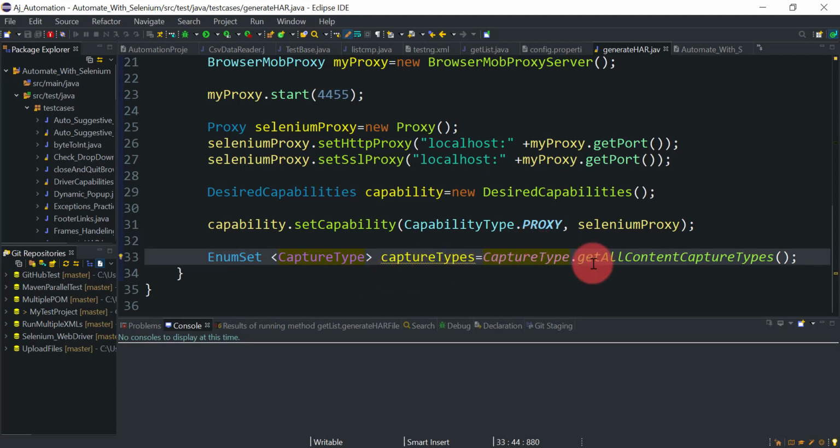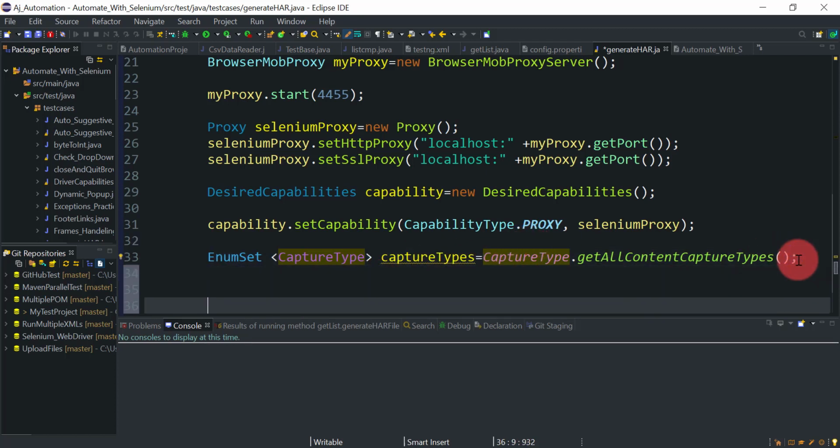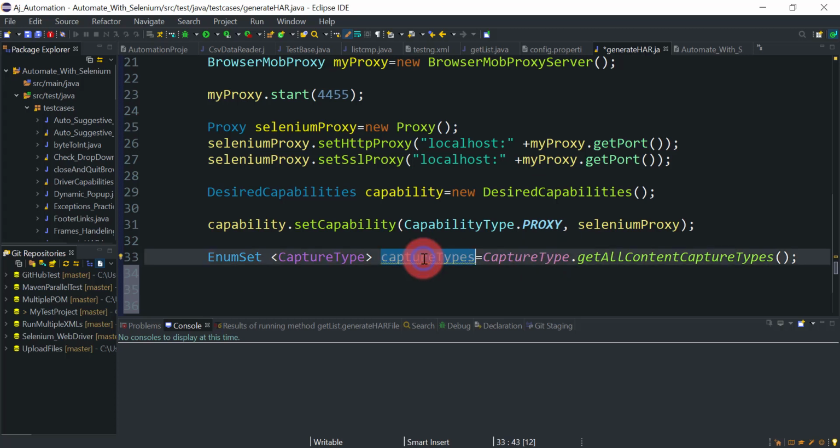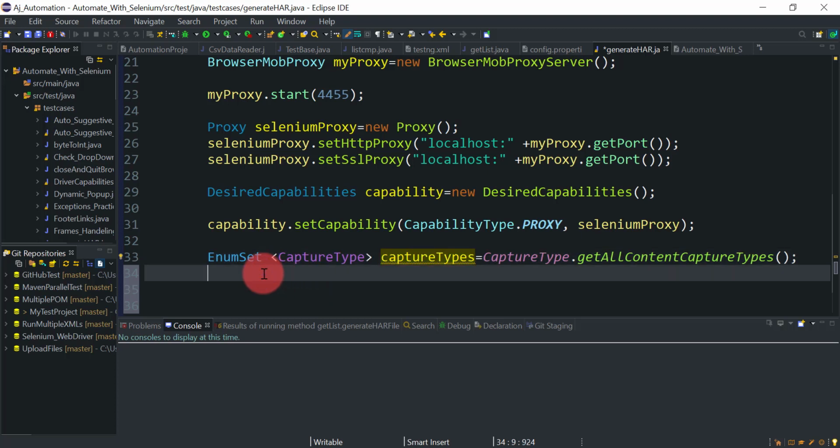Now, using this captureTypes reference, we can add whatever details we want from the network logs. Whichever capture types you want, you can add to this enum set reference.